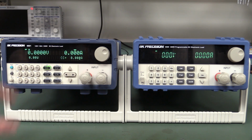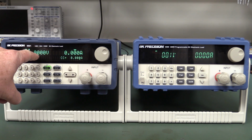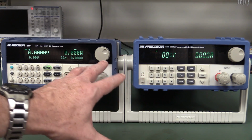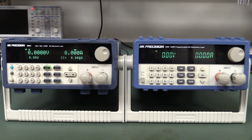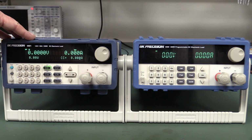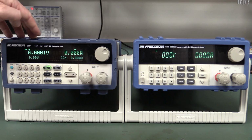And right off the bat here, you can see we've got greater resolution. Look at this. We've got 0.1 millivolts resolution on this puppy. We only had 10 millivolts resolution before on this one. Same current resolution at 1 milliamp here. But both of them are actually capable of going down to 0.1 milliamps resolution, presumably through the serial or the comms interface. And this one's a little bit more expensive, about $1,100 US street price for this one,